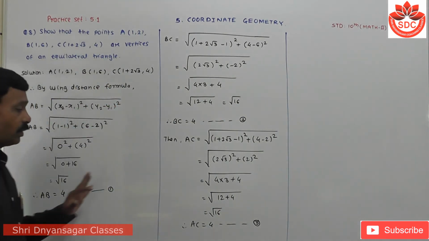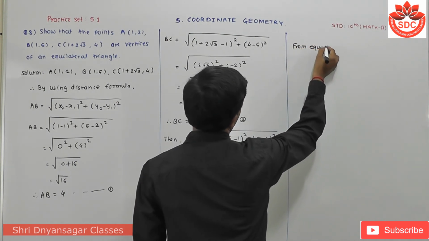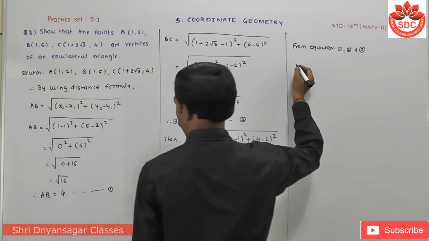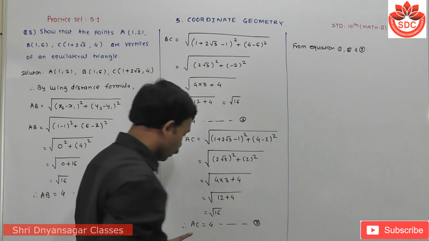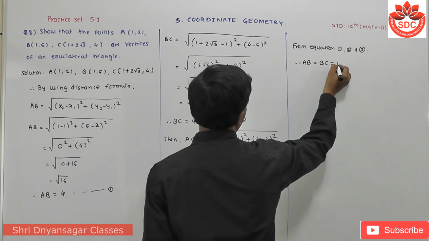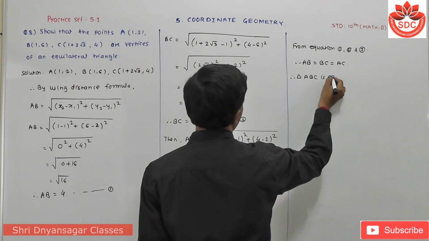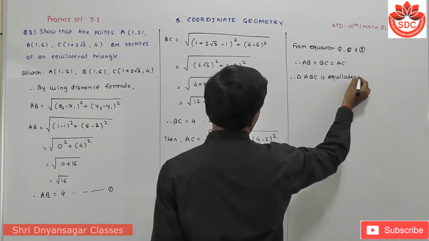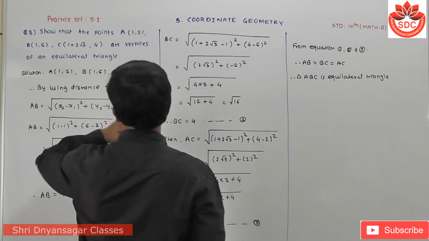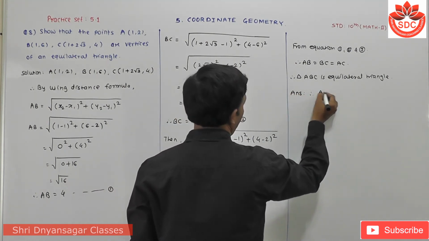Then student, from equations 1st, 2nd and 3rd, observe carefully, AB is equal to 4, BC is equal to 4 and AC is also equal to 4. Therefore AB is equal to BC is equal to AC. Therefore triangle ABC is an equilateral triangle. And we have to show that these are the vertices of the equilateral triangle. So write the answer in a full sentence. Answer: Therefore A having coordinates 1 and 2